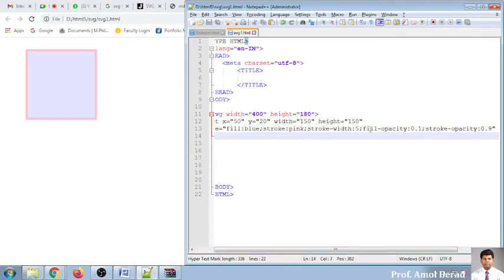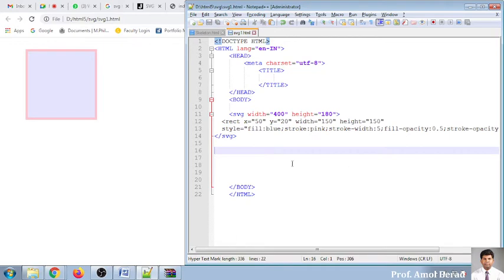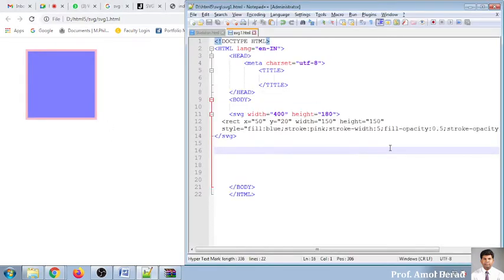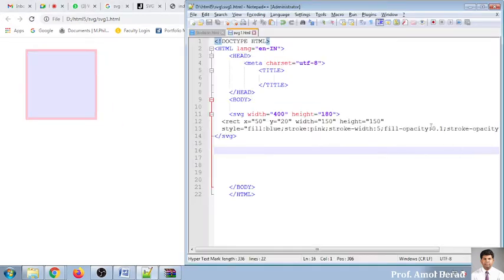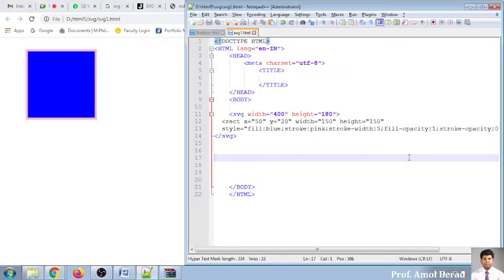Now here the fill opacity will be setting a color from 0 to 1. As the number is increased, if I'm saying 0.5, this means the darker will be the color. The less the number, it will always start with 0. So if I'm saying 0.1, it means the color will be lighter. So opacity will be set. If I'm setting it as 1, then the dark blue color will be set.